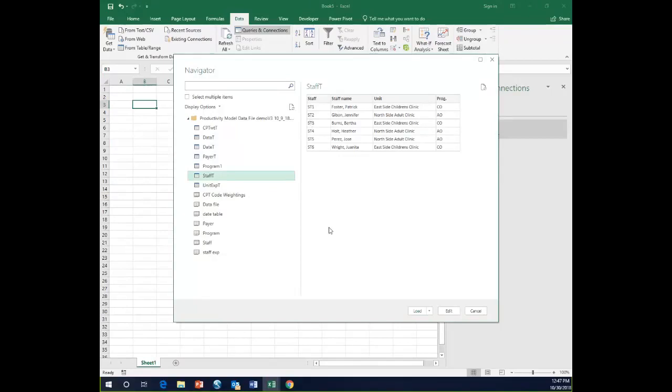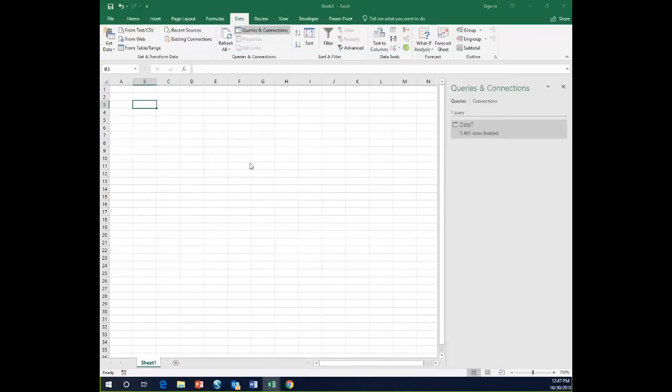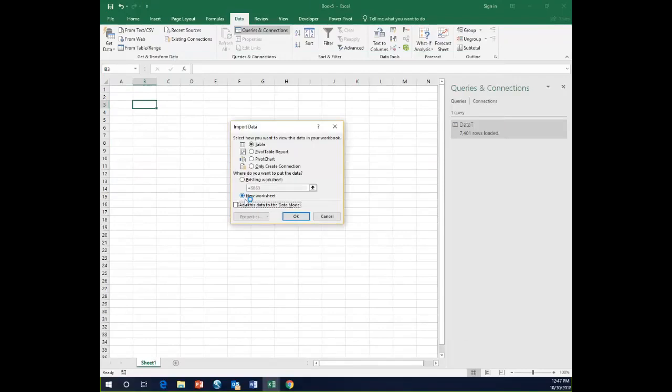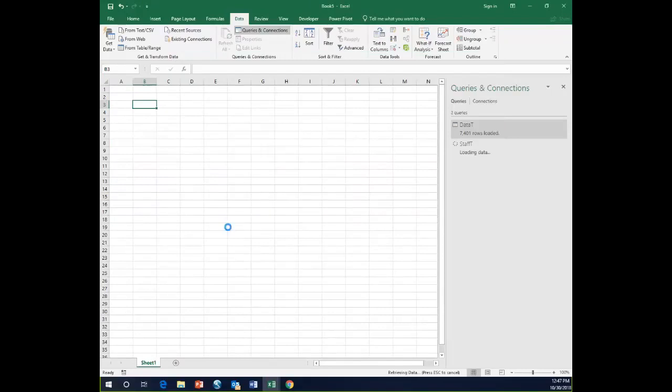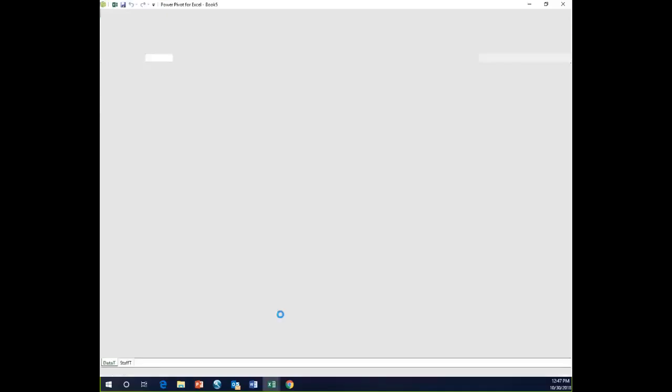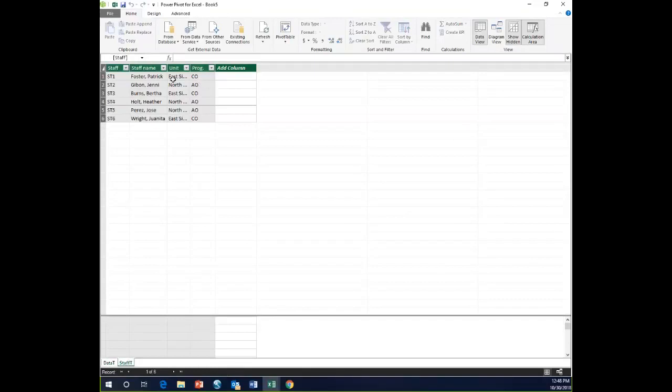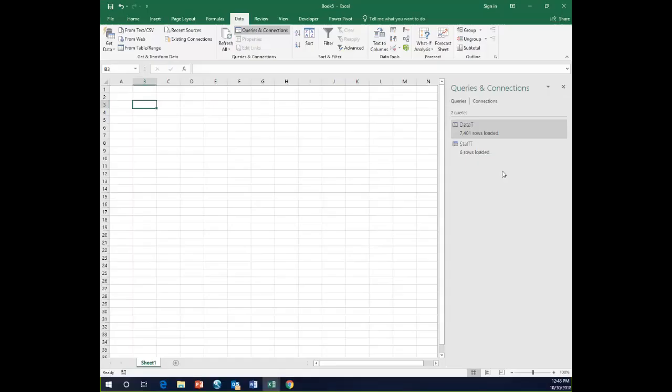I don't want everybody to try to memorize what my staff IDs are. So I'm going to go and load that up into my model. And I'm going to add it to my data model, build only a connection, and say OK. So if we hopped over to our data model real quick, you'll now see that I have two tables. I have my staff, I have my transactional data, I have my staff ID data. And what I'm going to do now is that I'm going to go and I'm going to take these two,